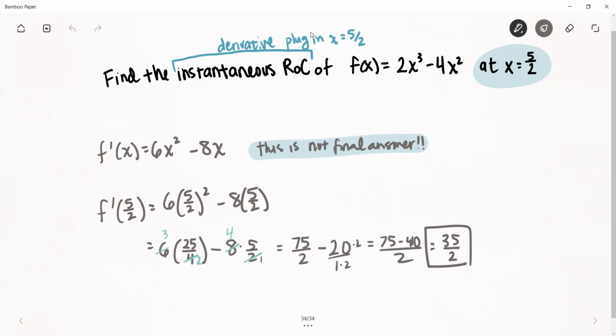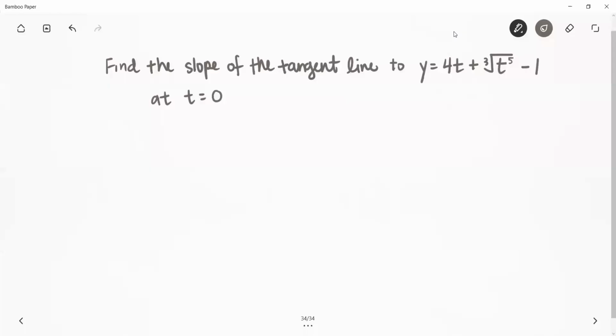Let's try another one. All right, so I'd like for you to pause and try this one, and then resume when you're ready. We'll go over it together. Okay, so